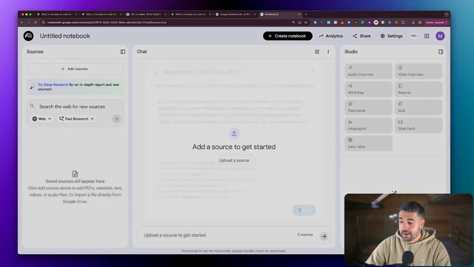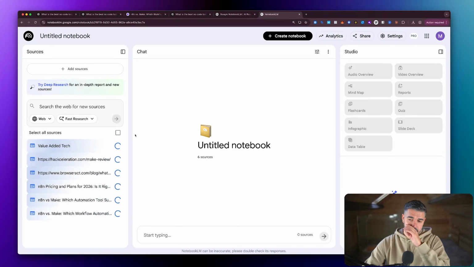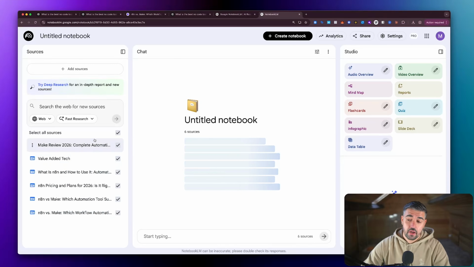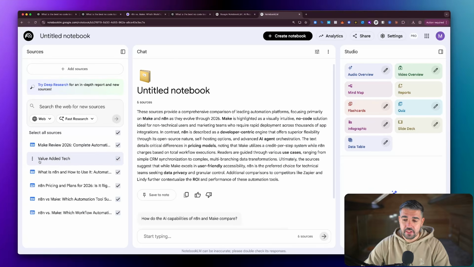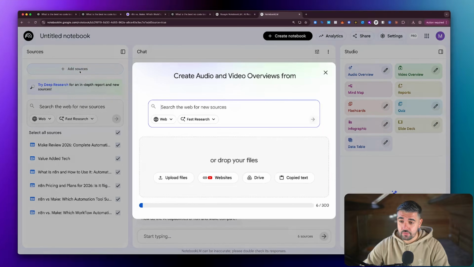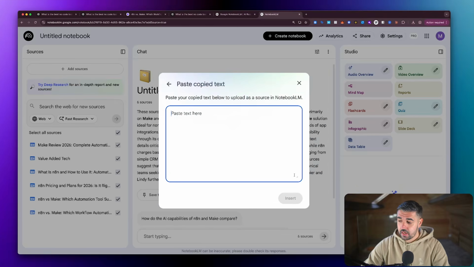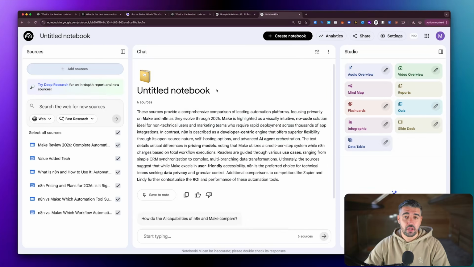And now we may see some of these fail. Occasionally some of them fail. Hopefully none of them do. None of them did. Sometimes they fail. If they do, you can delete it. You can go back to the source, copy the text, and put the text in by adding another source, which brings up that page again, and copy the text in if you need it, or download it as a PDF. That is completely up to you.